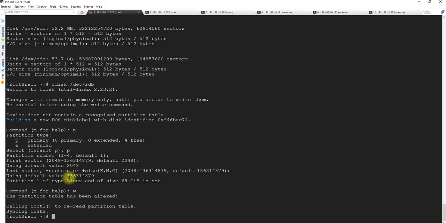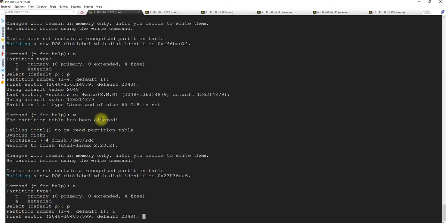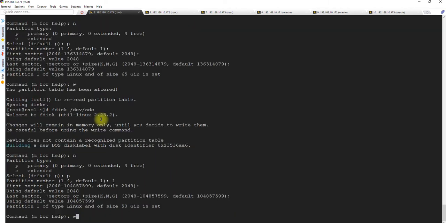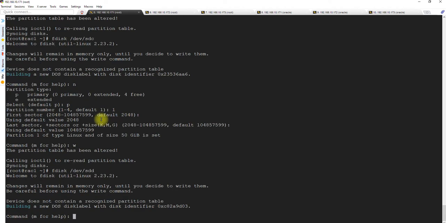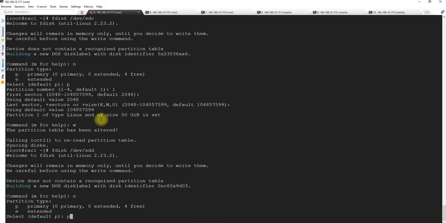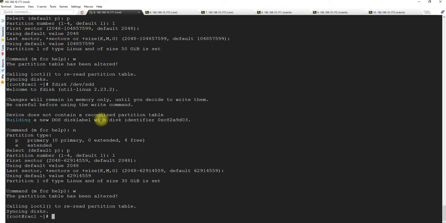Same we will do for C and D, since both of them are left. For C: new, primary partition, partition number 1, enter, w. And D: new, primary partition, partition number 1, using all space, and write.